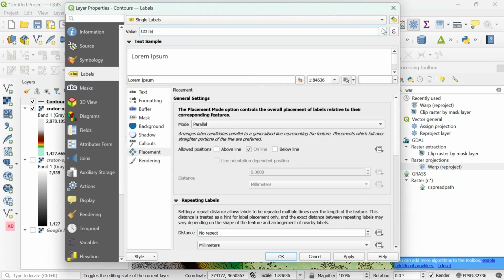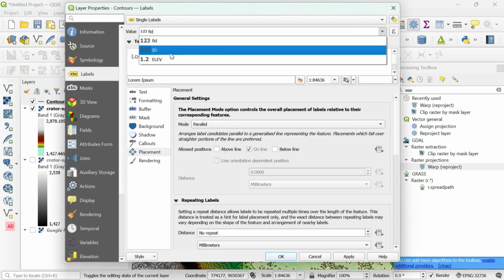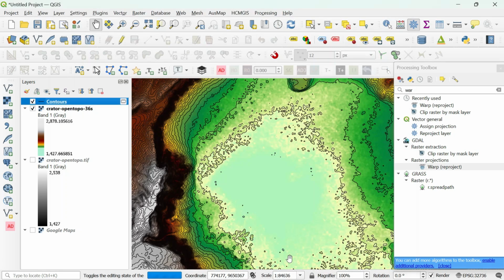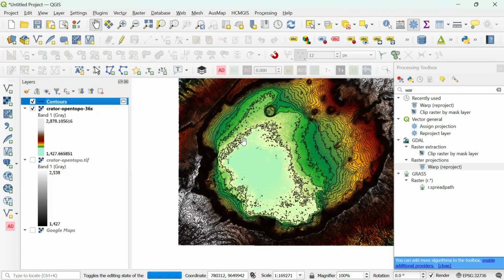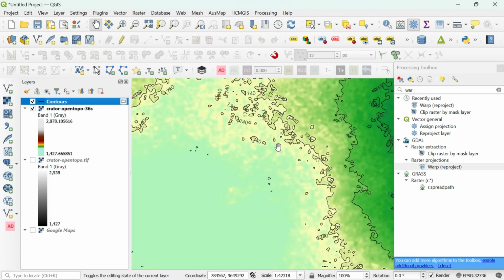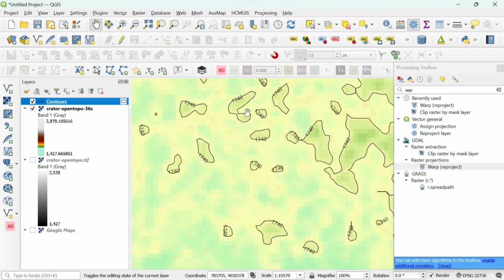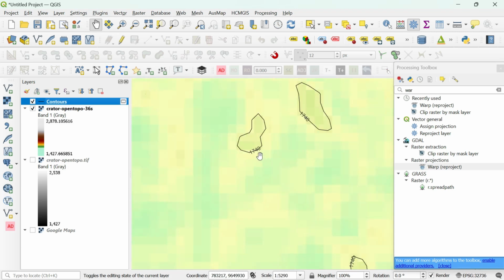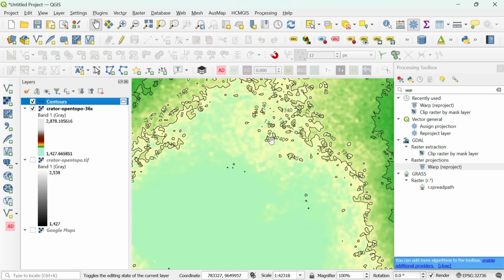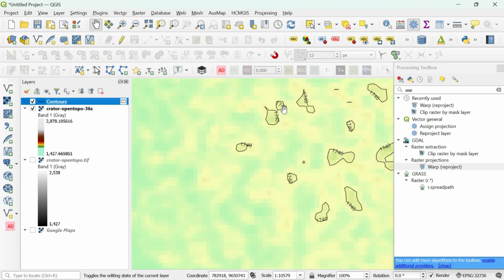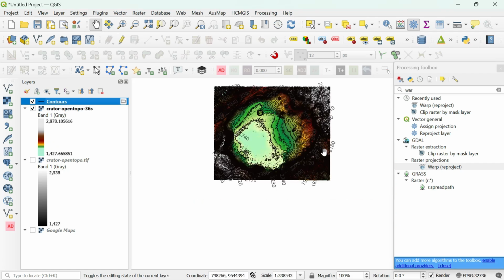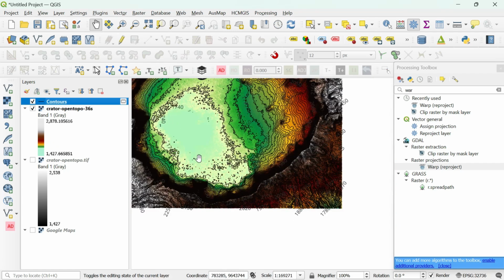Come to here and change the attribute table, shape field elevation. Okay, then okay. Now you can see the labels appear everywhere. See, this level is 1714, 1740, 1740, 1740. This is the lake area, and the other is the upper area.